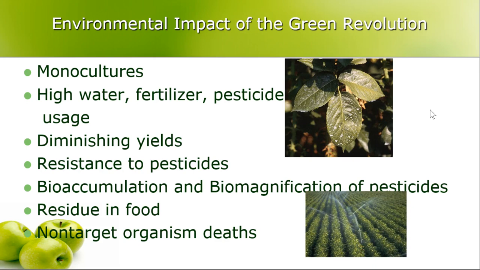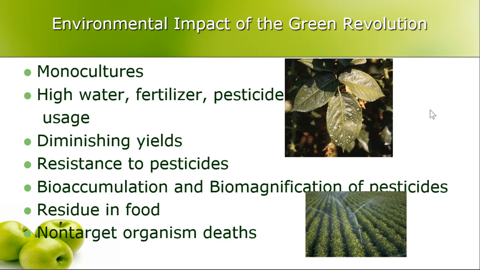Now, over time, the yields have not increased anymore, right? We're putting in more water, more fertilizer, more pesticide, but we're not getting any increase in yield, and in some cases we actually get a decrease in yields because of resistance that has occurred over time to pests, right? So pesticides. Pests are becoming more resistant to pesticides because they've been exposed to them, evolution, right? And so they attack crops.